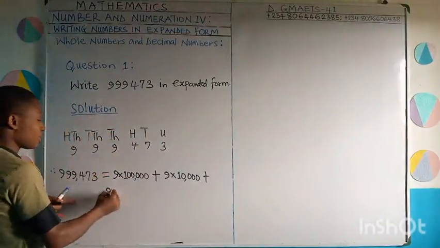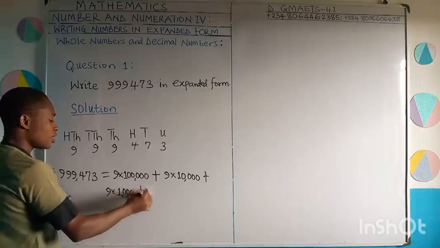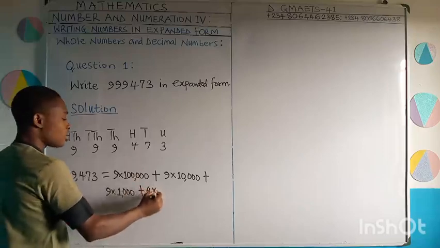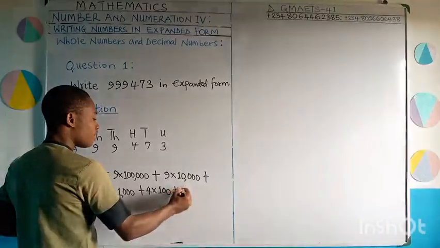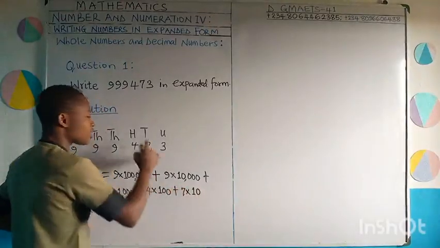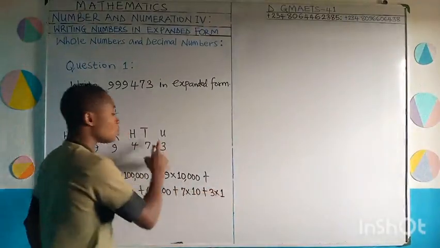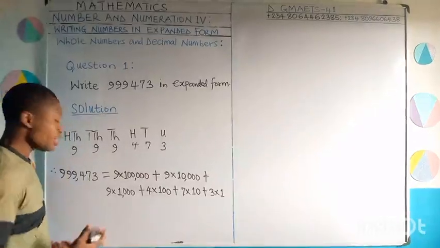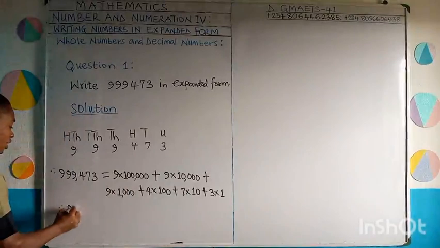9 times, this is under 1,000, and the standard value of 1,000 is 1,000. Then plus 4 times 100, because 100 is the standard value of 100, plus 7 times 10, because 10 is the standard value of tens, plus 3 times 1, because 1 is the standard value of unit. That's all. We can decide to rewrite the result like this: